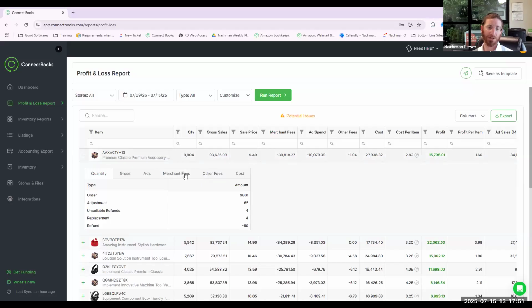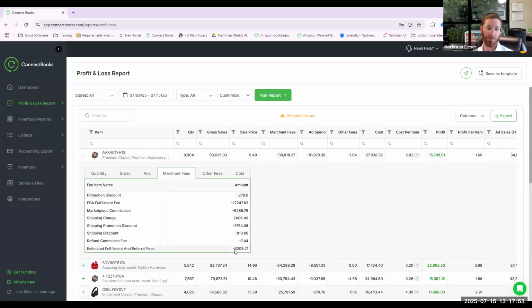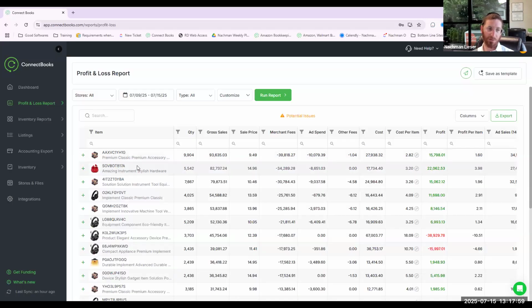Let's say, for example, you want to see what these merchant fees are. You get a full breakdown over here of all the different fees. So you can always play around with this. The idea is that you get profit and loss, the reporting, automated, and you can also schedule to get